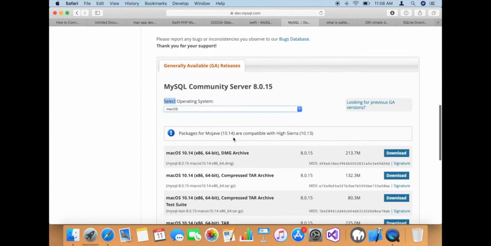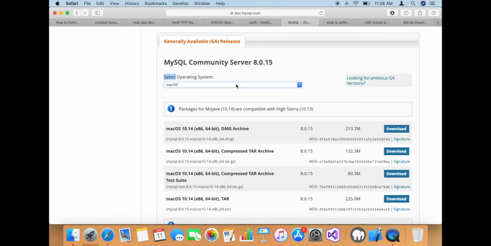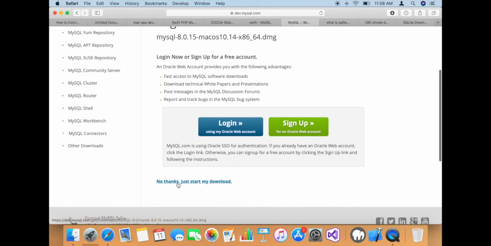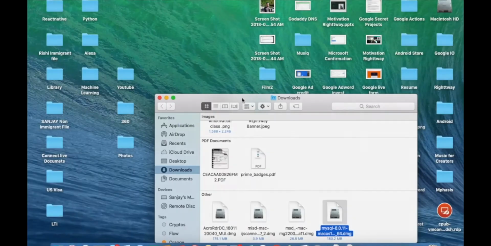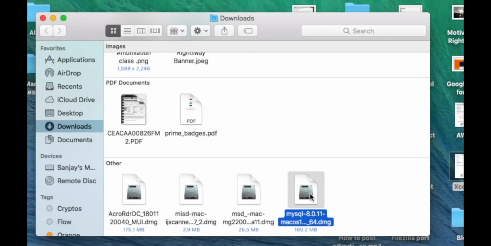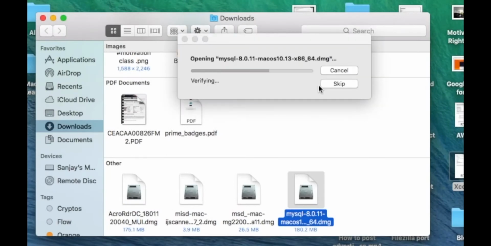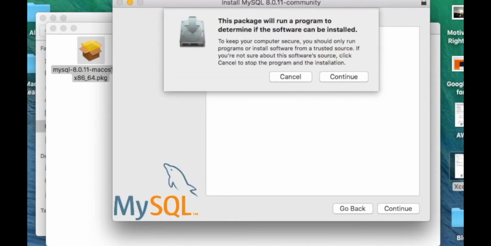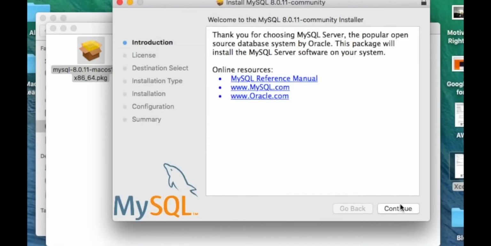Mine is macOS, so I'm gonna download the latest one, which is most recently in front. So click the download button, scroll down and go to "No thanks, just start my download." Wait for a couple of minutes, and once it finished downloading, go to your downloads folder. You find the MySQL there, install the package, continue,